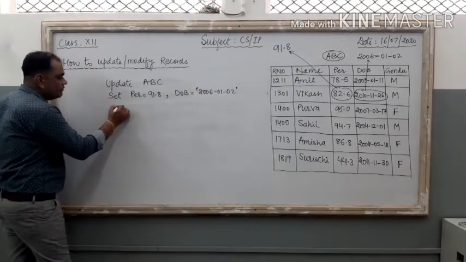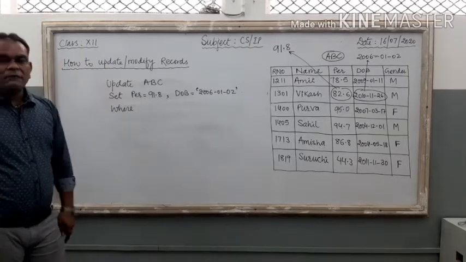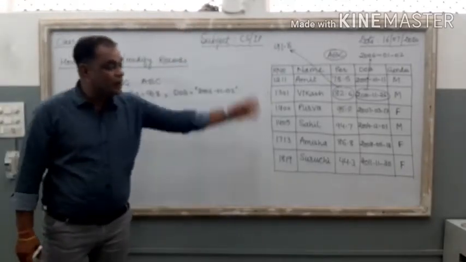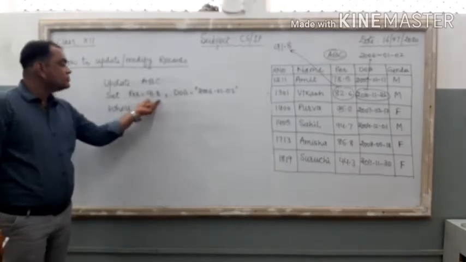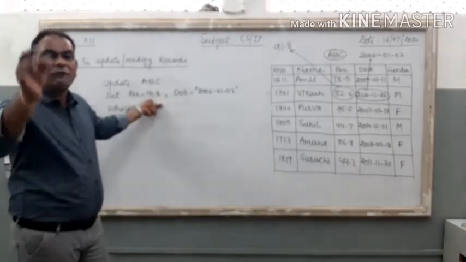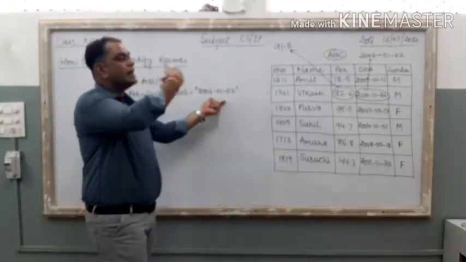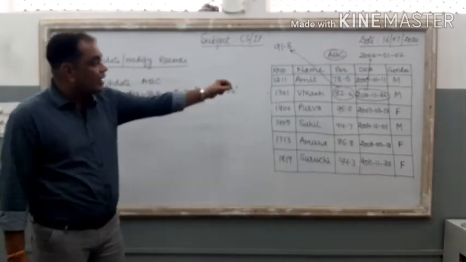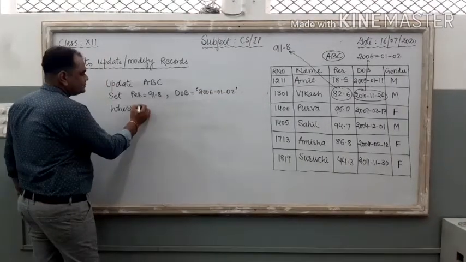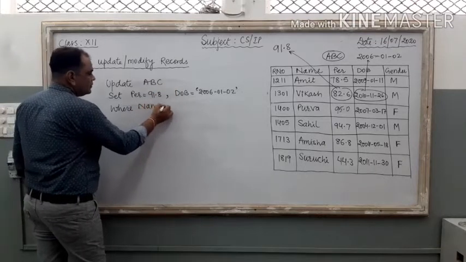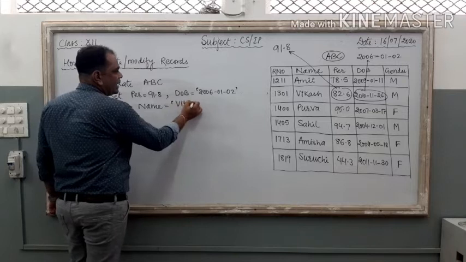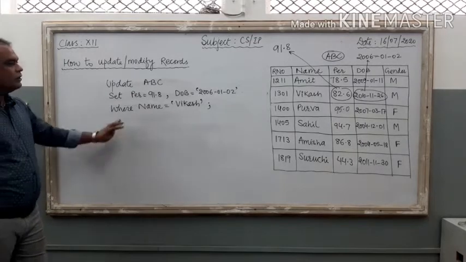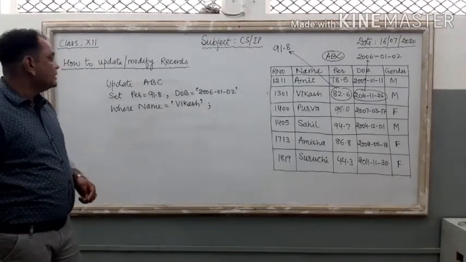Now at the last, where, to filter the record of विकास. अगर ये where नहीं लगाओगे क्या होगा चेक करना. नहीं लगाते हो पूरी टेबल में जितने भी रिकॉर्डिंग, each and every record you see percentage is 91.8 for each and every student. You see the date of birth is same throughout the column. So where is important. With the help of where, we can filter the record of Vikas. So I am using where name equal to 'VIKASH', and at the last I just put a semicolon. Clear? So it is the advanced format of this update command.